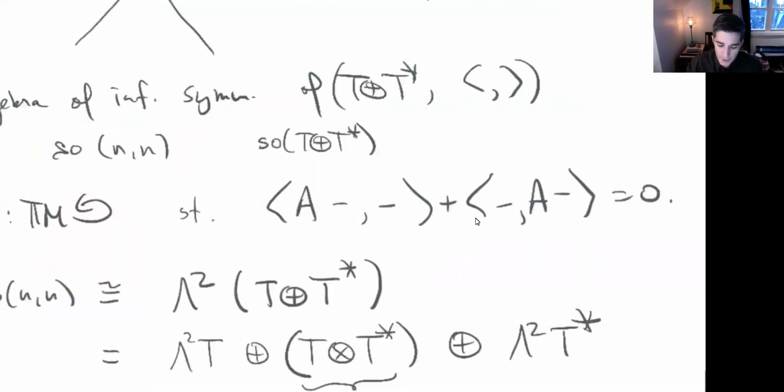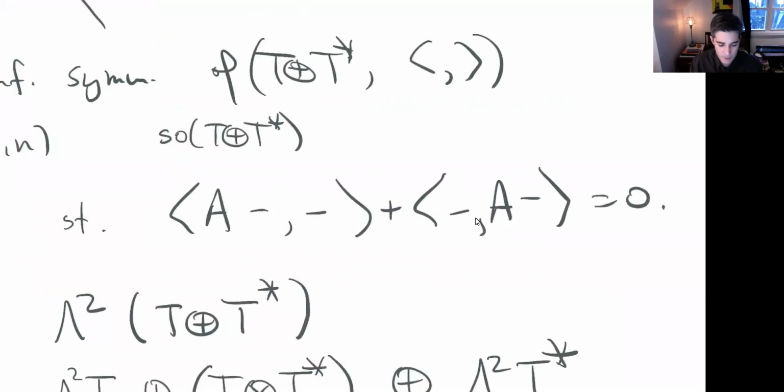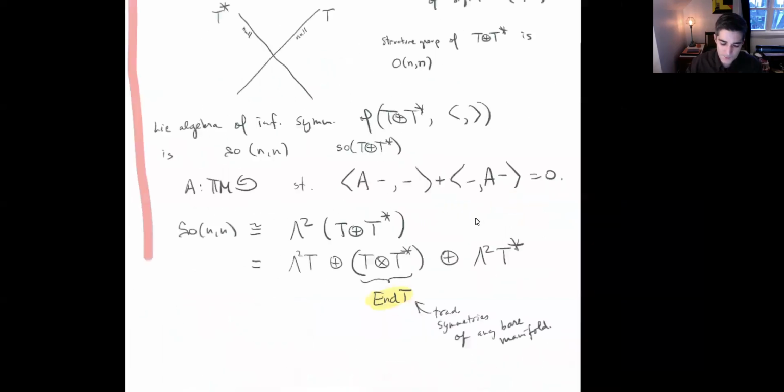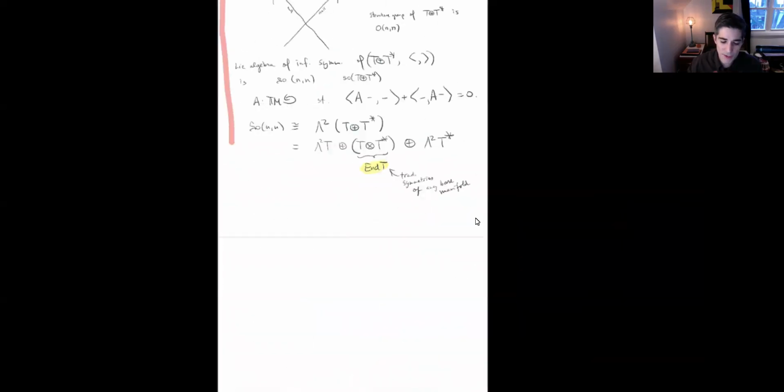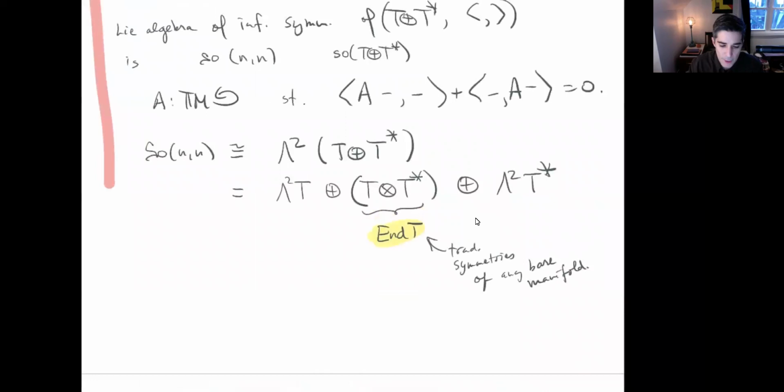And you can see it right here, right? This is basically saying that A is a skew-symmetric endomorphism. If I put this on the other side, there would be a minus sign, right? So it would be saying that the adjoint of A is minus A. Okay, now